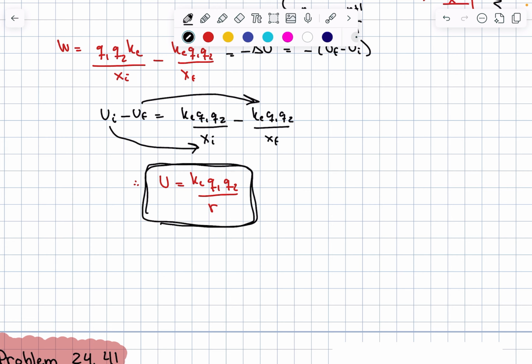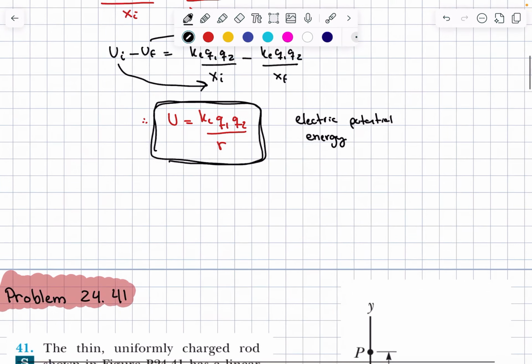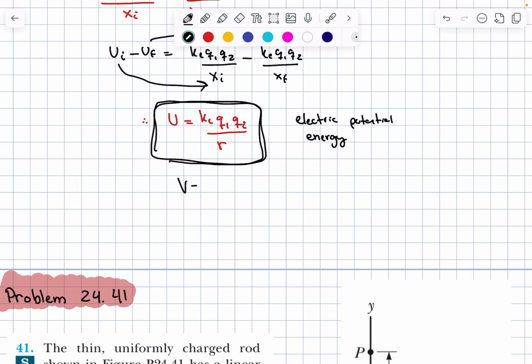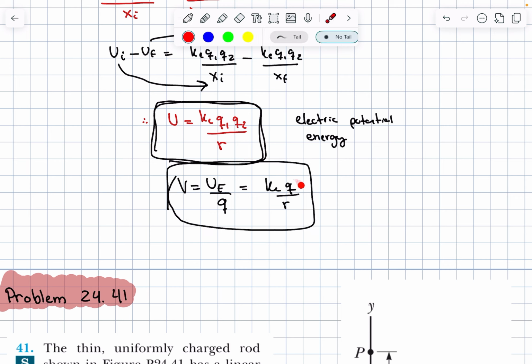And now we can also relate U, the electric potential energy, to the electric potential V, where V is defined as U, sometimes you can say U sub E to remind you that it's the electric potential energy, divided by Q. So that's going to be equal to K Q over r, like this. And I know sometimes this can get a little bit confusing because here I had Q1 and Q2, and then all of a sudden I only have Q. And this comes from the fact that